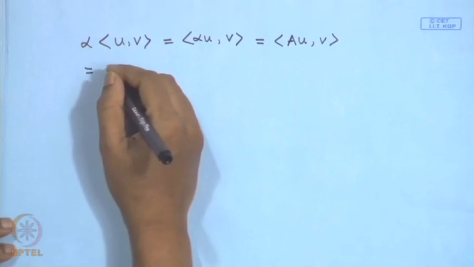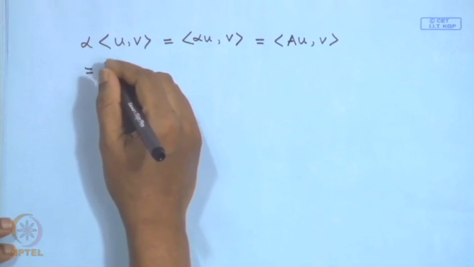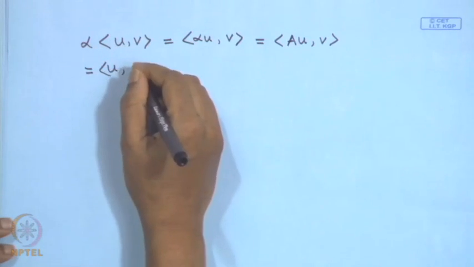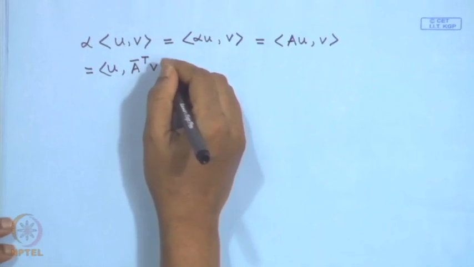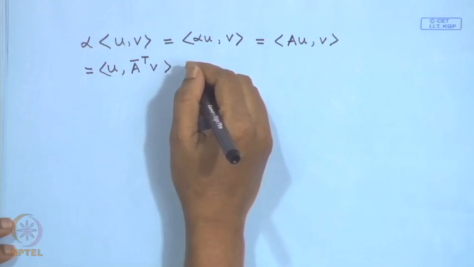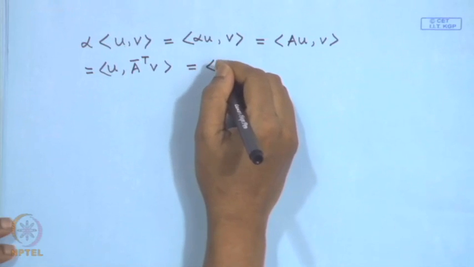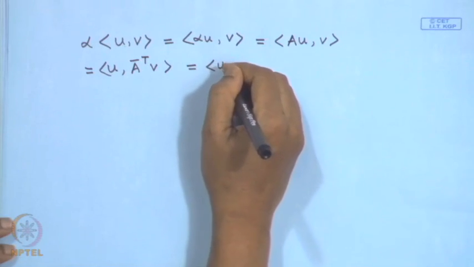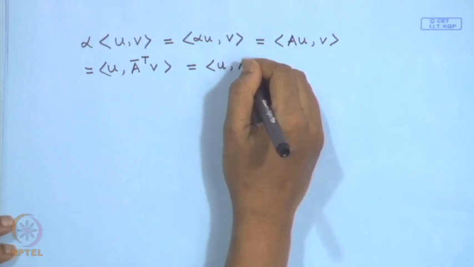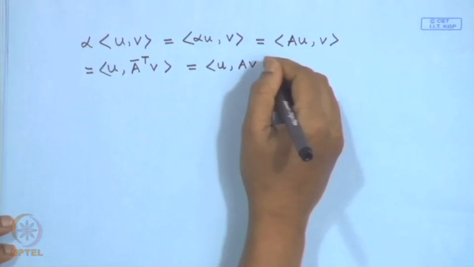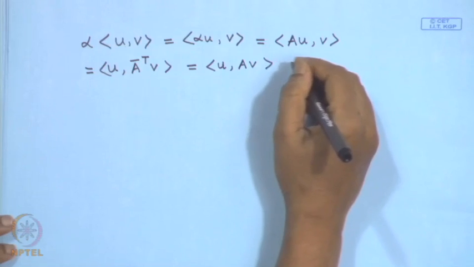So, this can be written, from the lemma, as the inner product of u and A conjugate transpose times v, and this is equal to the inner product of u and A v,